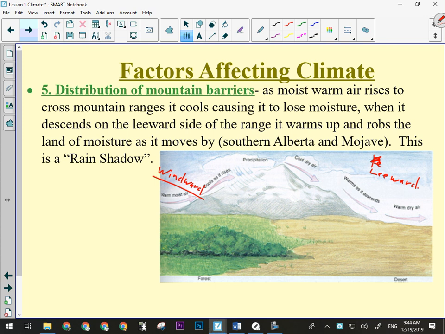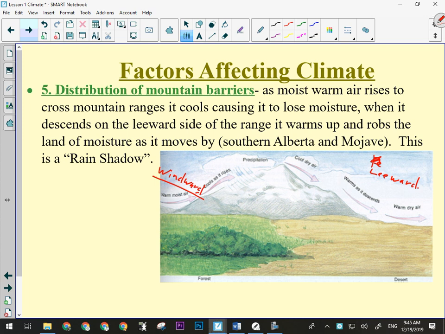Okay, so all the moisture falls on this side of the mountains, and then by the time the air gets over the top, it's dry, it's cold, okay, and as it runs down the mountains, it warms up. Okay, it picks up kinetic energy from gravity pulling it down the mountains. The gravitational potential energy turns into kinetic, which can become thermal energy, which can lead to this warm, hot air coming rushing off the mountains. Chinook. That's what a Chinook is. Okay? That's why we get them. Right? It's just energy of air that's moving down the mountains. Okay? And certain pressure changes as well. But okay, that's a very localized phenomenon.